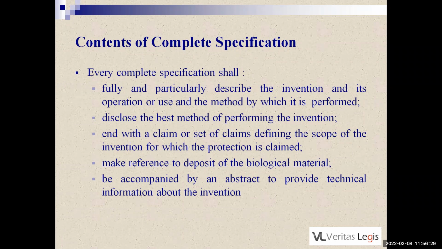So basically it should be ऐसा नहीं कि हमने डालना है. Basically the complete specification should be complete in each and every aspect. It should describe the invention fully, its best method of performance, everything. Next,